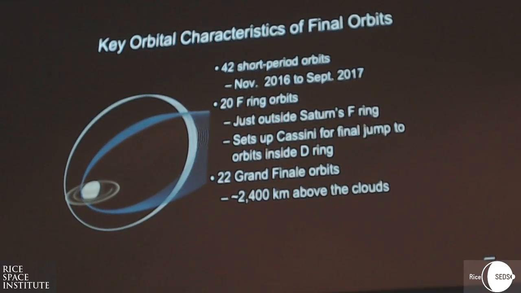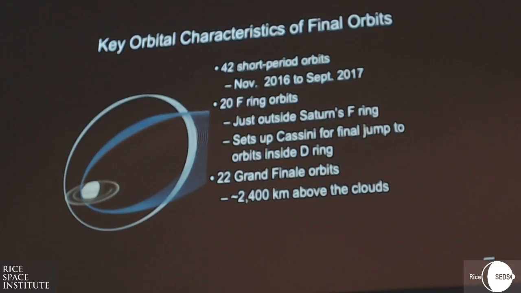Now, we want to avoid rings for the simple reason that a grain of sand hitting our spacecraft, which sometimes is moving at 10 kilometers per second or greater in these particular areas, in the wrong place, would really take the spacecraft out. So we really had to look for regions where the spacecraft would be safe. And then on another swing by Titan, after about 20 what we call F-ring orbits, these are those outside the last ring, this F-ring,